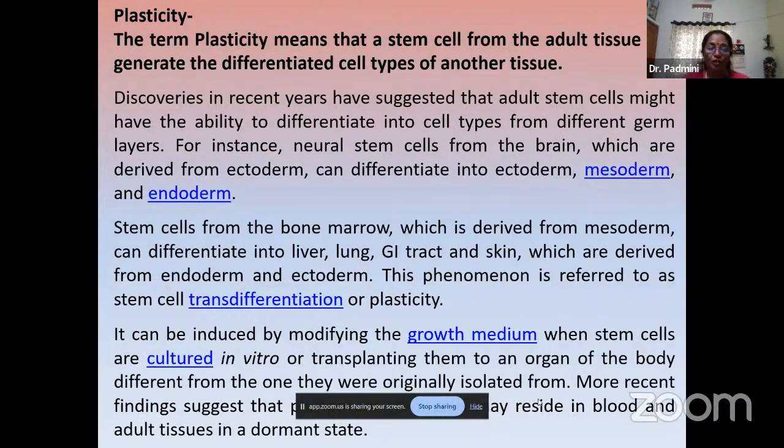originally isolated from. So the more recent finding is that pluripotent stem cells may reside in blood and adult tissue in a dormant state. What they are thinking is that the pluripotent stem cells are still there somewhere in the blood or in adult tissue, but in a dormant state. Dormant state means they are not going to differentiate themselves; they are in a state of rest. Yes, they will be waiting, and when the body needs them during an emergency, they will express themselves. But we are still in a nascent stage. There is still research going on to find out these pluripotent stem cells in the adult stem